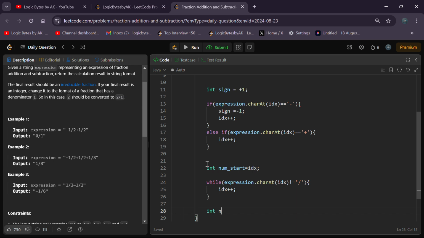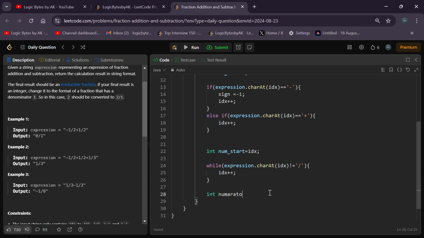So we calculate, let's say, numerator equal to expression dot substring of the starting index of numerator, num start, and the last index would be idx. And we have to convert it into an integer, so let's say Integer dot parse it, and we have to calculate our